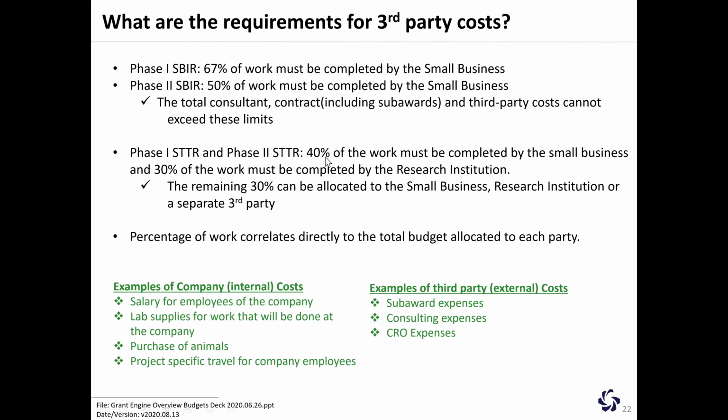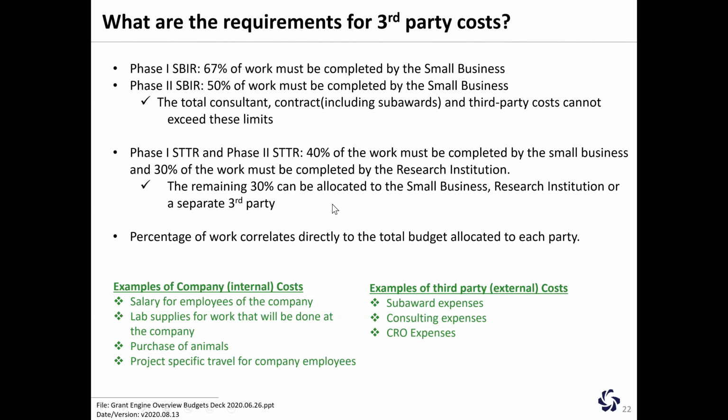And so you can have 60% spent at UNC, you can have 60% spent at UNC and a CRO. You'd have to have at least 30% though spent at UNC. Okay. If you hit these minimums,